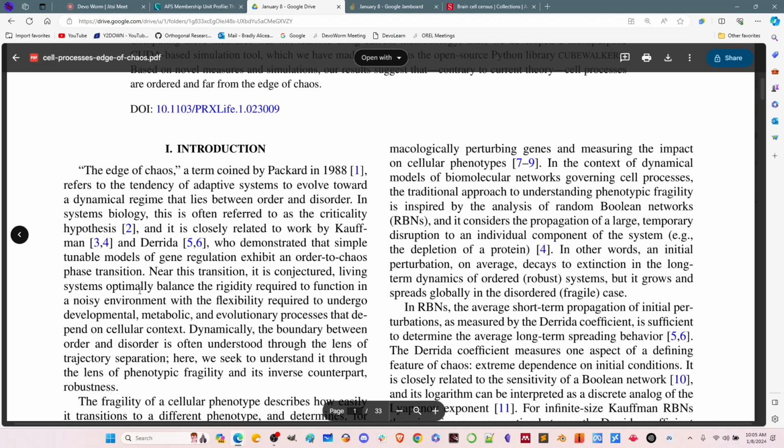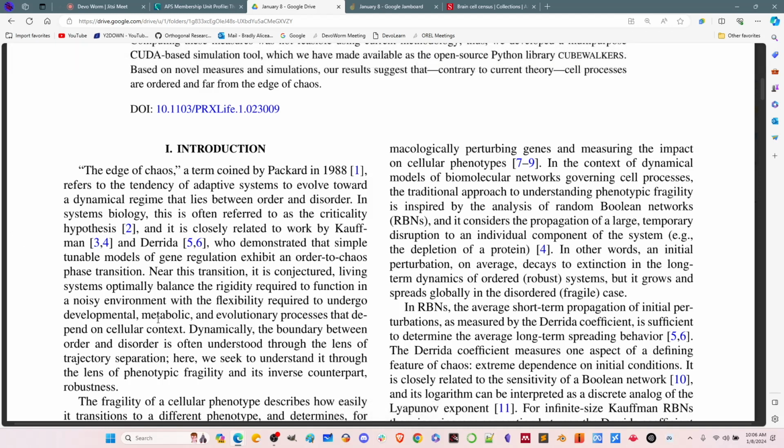And so near this transition, it is conjectured living systems optimally balance the rigidity required to function in a noisy environment with the flexibility required to undergo developmental, metabolic, and evolutionary processes that depend on cellular context. What that big sentence means is that